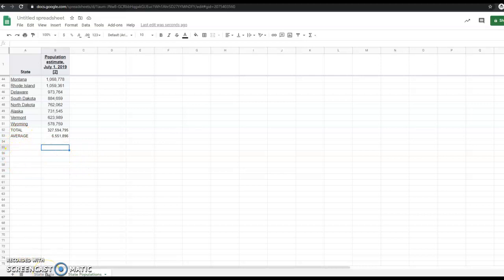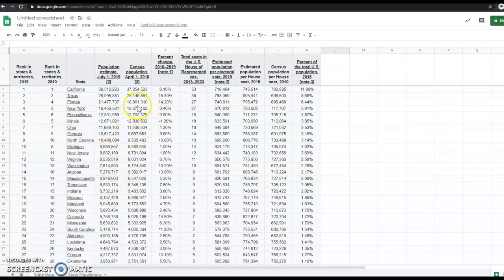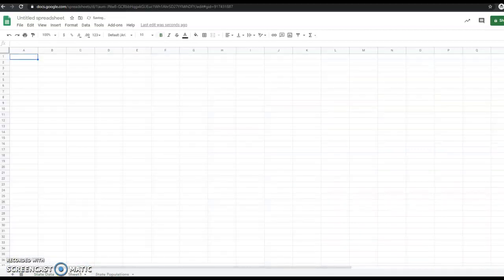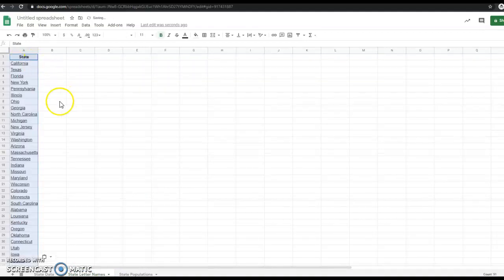The next question asks us for how many states begin with the letters A, B, C, and D. An easy way to figure that out is to take that state data. I'm going to grab this whole column. I can't just click this cell because it would just get that one cell. I'm going to go to where it says C. If I click here, it highlights the entire column. I'm going to press Control C or Command C on a Mac, and I'm going to make a new sheet. That new sheet is going to be state letter names. And in that new sheet, I'm going to make sure I'm highlighted on A1 and press Control V or Command V,